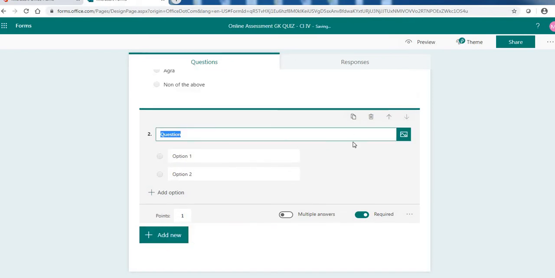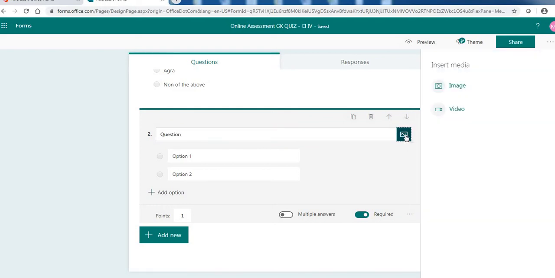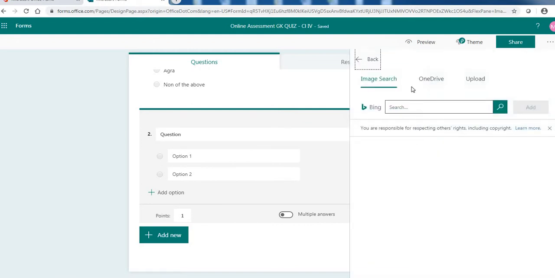Now the second one I'm going to show you is in case I want to insert any image. So here is Insert media. I click on this. You click on Image. Then from where you want this image to be, like I want to upload this, it's there on my desktop. So I click on Upload.